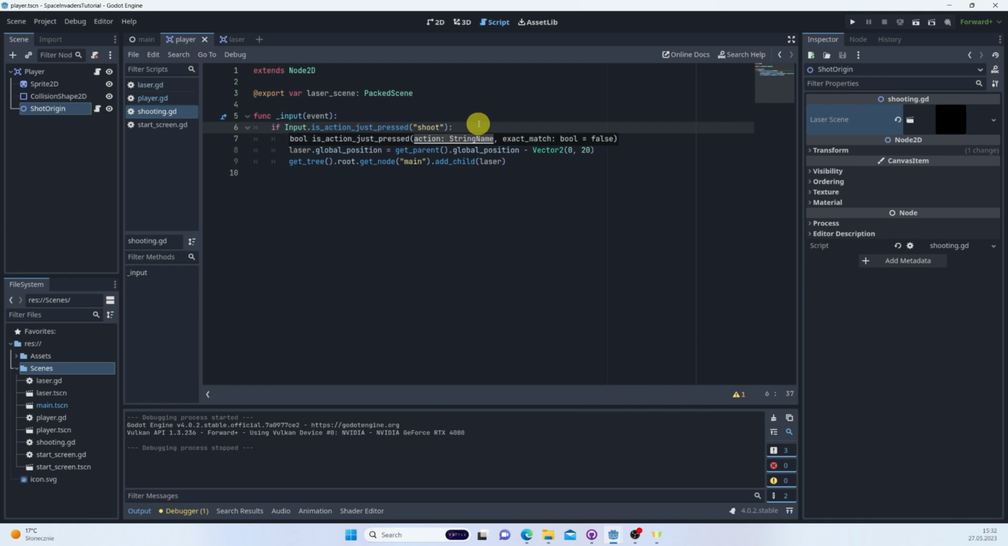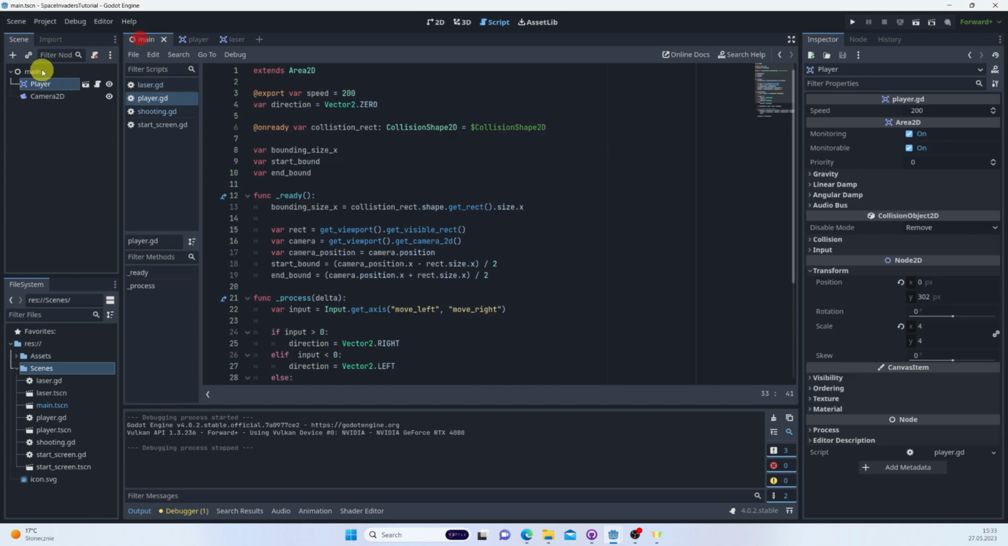We basically would like to have only a single laser beam on screen, and only when the laser is destroyed or exits the window should we be allowed to create another one. So in our main, I'm going to add